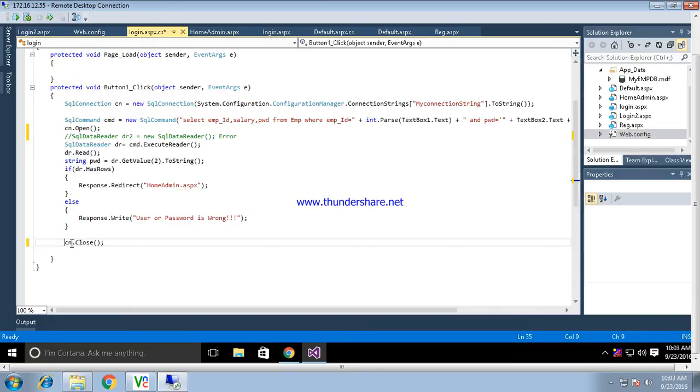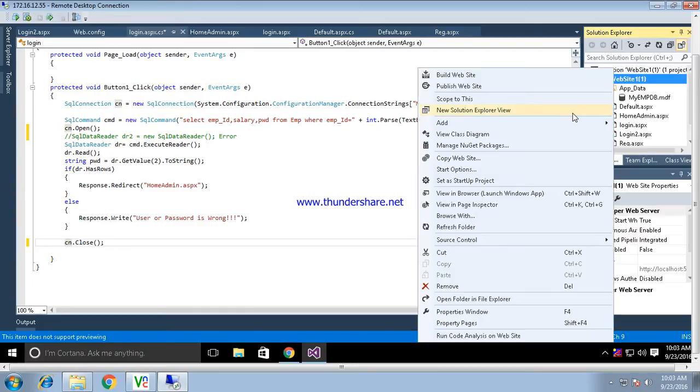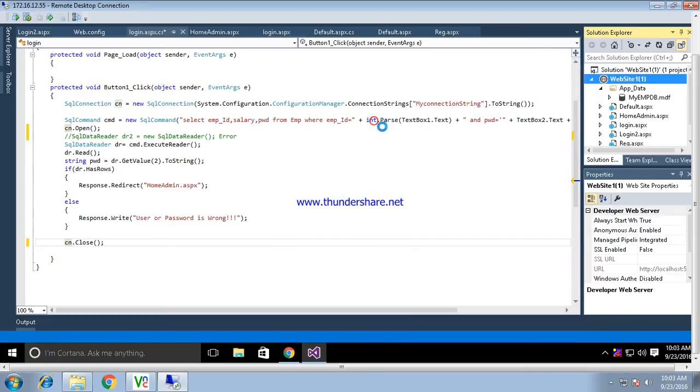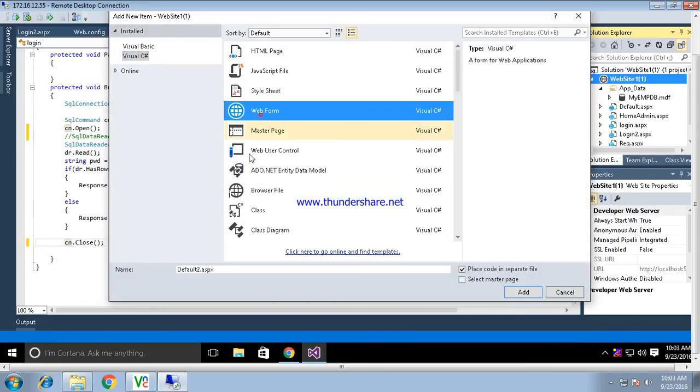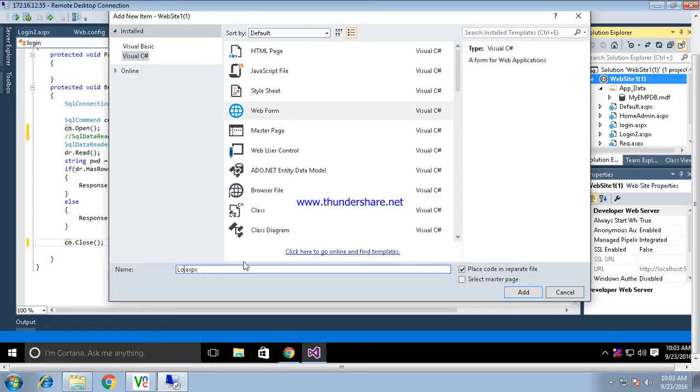So thoroughly we have discussed the connected architecture. Now I am going to design the same login page, but instead of connected, I am going to use the disconnected architecture. For that I am going to create one web page, and the name of the web page is login, for the disconnected architecture.